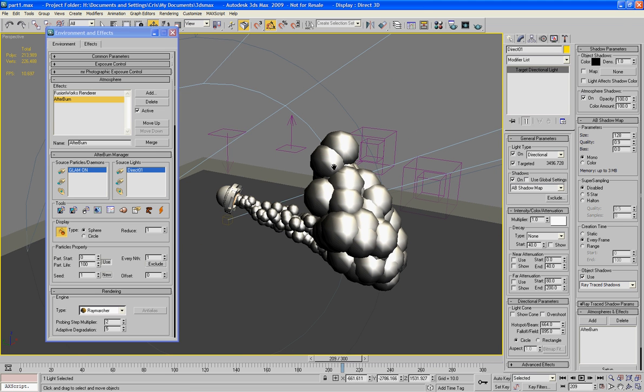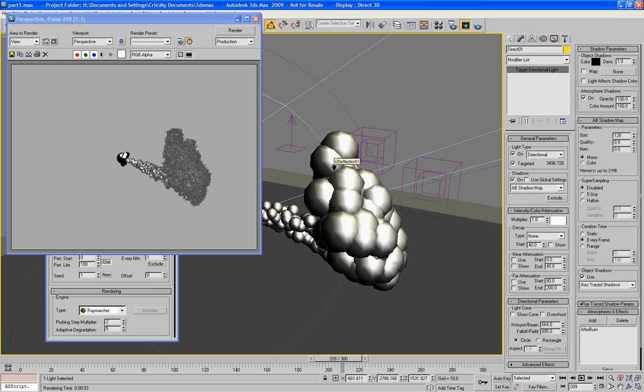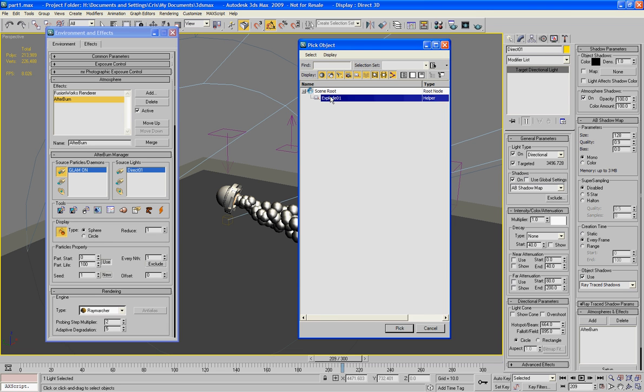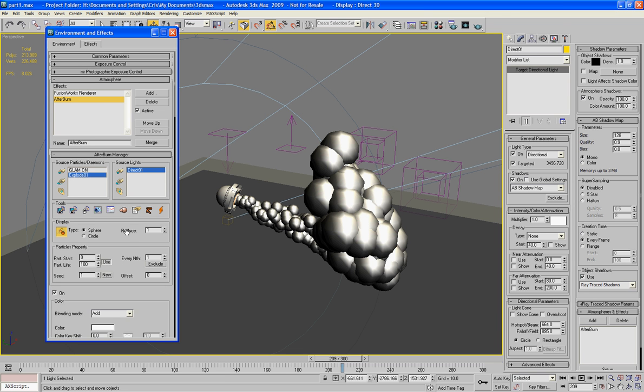Let's get this in the middle here, hit F9. Okay, now you're not seeing much of a change here, but that's okay, we'll get to that soon. Now I need to add my daemon to this, so I'm going to click add, or pick rather. There we go. Right, so with our explode daemon added to this,